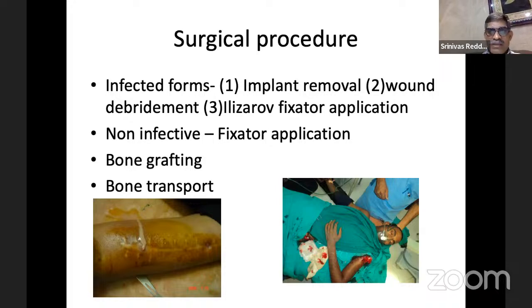We need to excise the dead bone, and we have to ream the medullary canal. Depending on the severity of the infection, we can choose a two-stage method or a single-stage method. If the infection is severe, it's many times better to go with a two-stage procedure. In the first stage, we can go with a simple external fixator to stabilize the limb, and in the second stage,